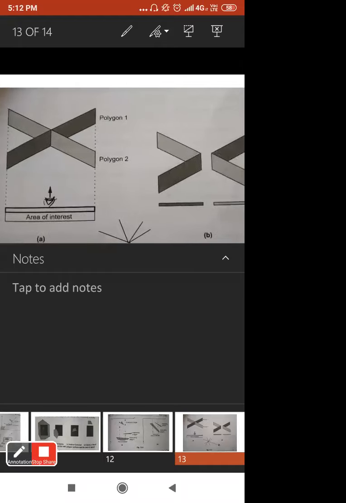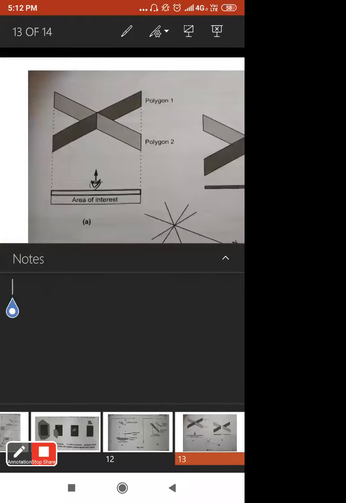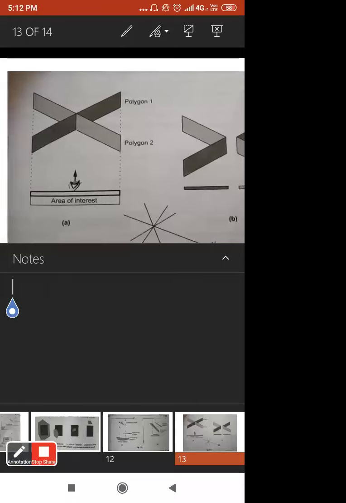So the darkened one is your polygon 1, and the faint shaded one is polygon 2, and the viewer's point is also given there. This eye or viewer's point means that from this point, the viewer can see some portion of polygon 1 as well as polygon 2.